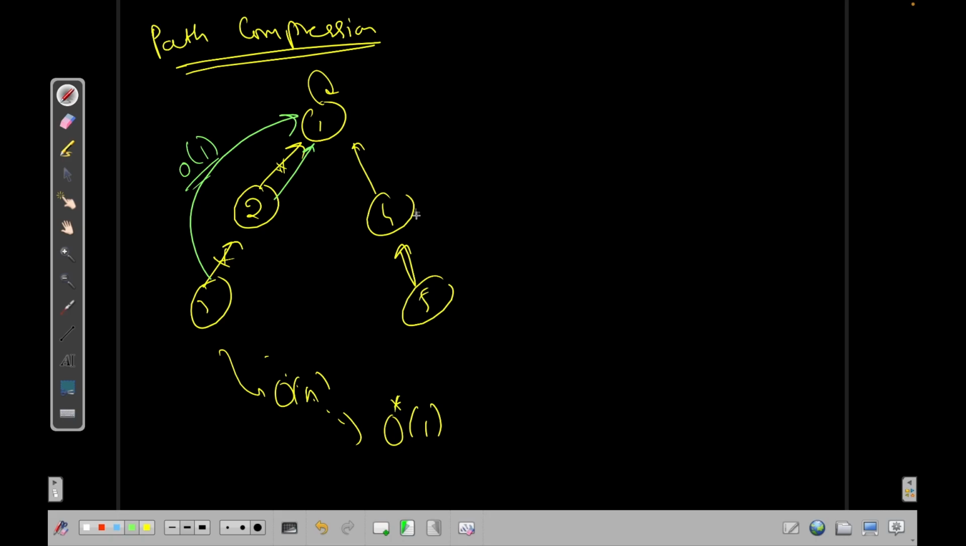So similarly, I can do it for 5. First I will remove these edges, and then when I query for 5, I will add these edges back to the leader directly, and this technique is called path compression. Okay,